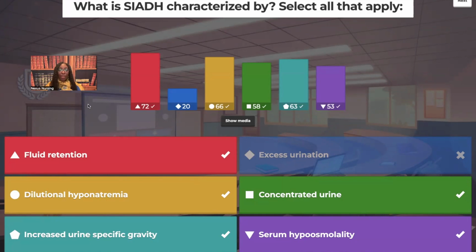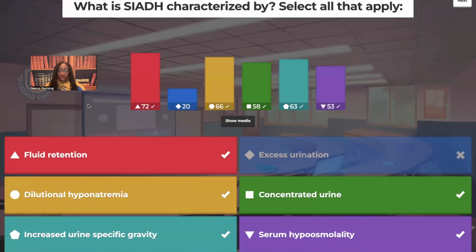Yes. Concentrated urine, yes, because they're holding on to all their fluid. But the little bit of fluid that they do let go of is going to be concentrated because all the solutes that were in the blood are now in the urine. So guess what? Concentrated urine, increased urine specific gravity. I'm talking about the same thing, okay? Increased urine specific gravity, yes. Why is it so heavy? Because of all the solutes that's in the urine. That's why it's concentrated, duh. And last,